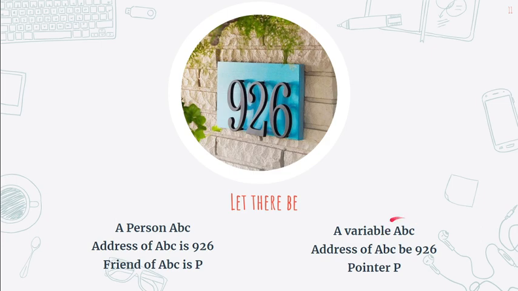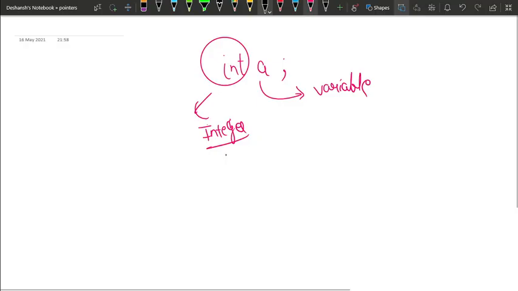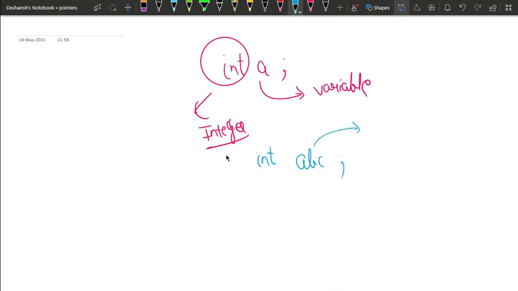Similarly, we declare a variable ABC of some data type. Suppose we declare it with int. And the program is going to reserve some memory for that. And there is one variable also that keeps the address of this memory location, the location where it is being saved.